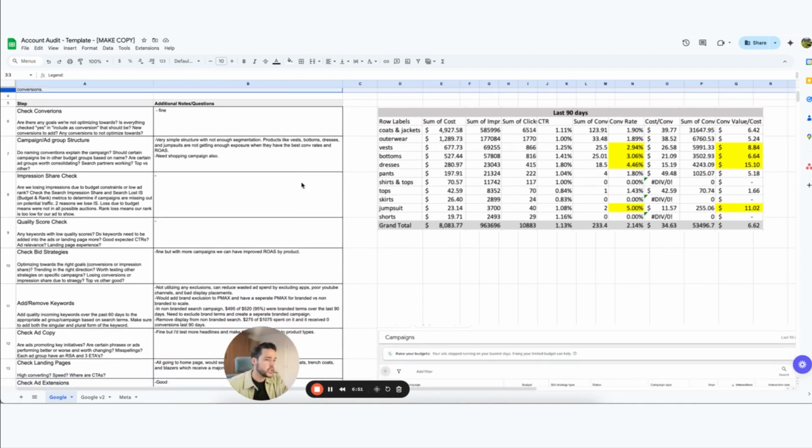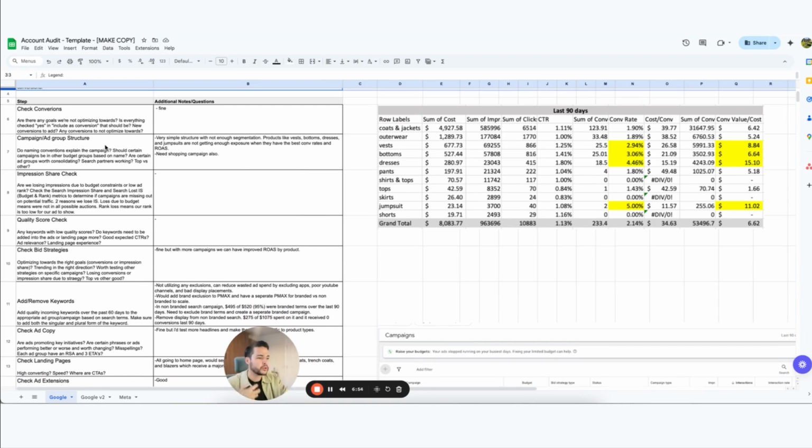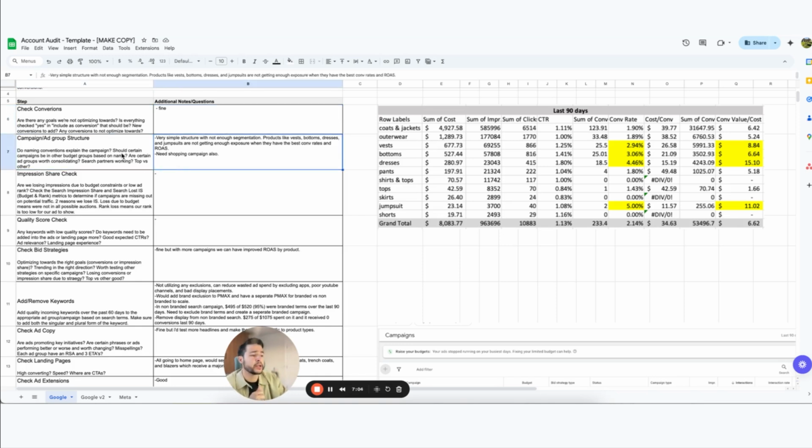Check, check, check, check, check. But you're also figuring out what questions you should be asking when you're hopping into your Google Ads account. So like I said, check conversions, check ad group structure, right? Sometimes we'll see a PMAX campaign not even serving in shopping inventory. So we would want to likely force that by either building a PMAX feed only campaign or by building a